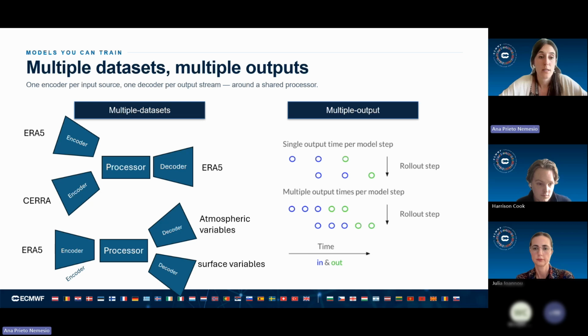The other two developments that I wanted to briefly mention before we start to look at the configs is a major development from last year: Anemoi allows you to train with different datasets. So you don't have to just have one encoder for ERA5; rather, you could have multiple encoders with different reanalysis datasets like CERRA and ERA5. Or at the same time, you could also have different decoders, for example one for atmospheric variables